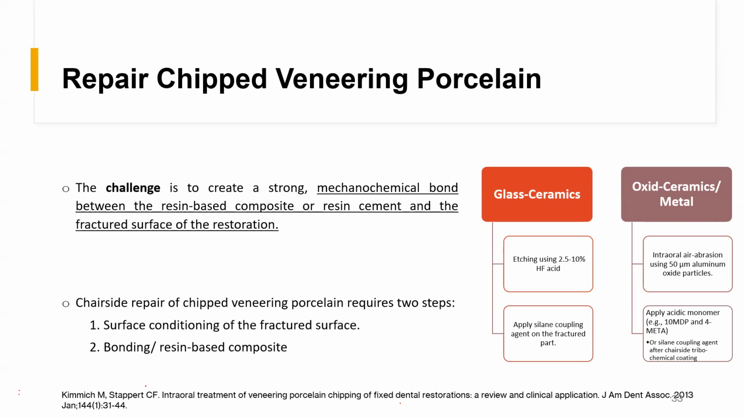However, for oxide ceramics and metals, we should use intraoral air abrasion using 50 micrometer aluminum oxide particles, because these materials are not susceptible to etching by hydrofluoric acid. Okay. After the air abrasion, we can apply acidic monomers such as 10-MDP or 4-META onto the surface of the oxide ceramics or the metals, or we can use a silane coupling agent after